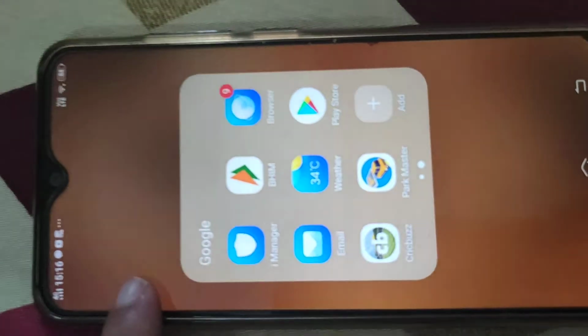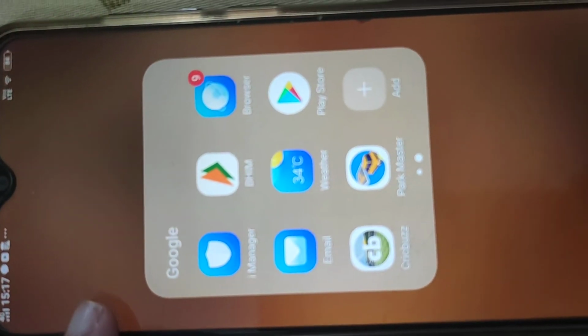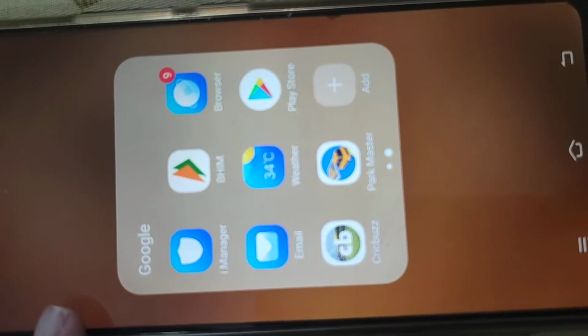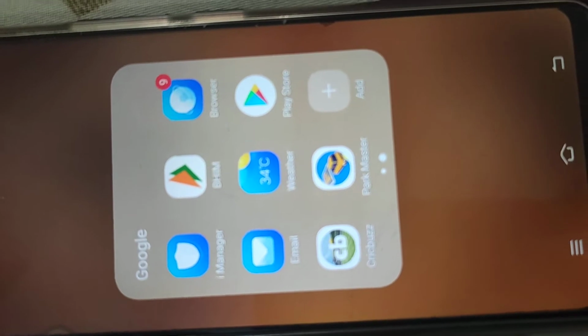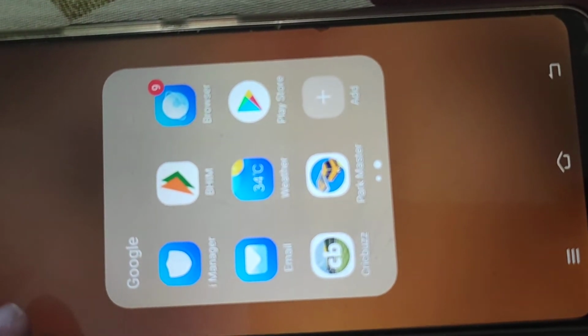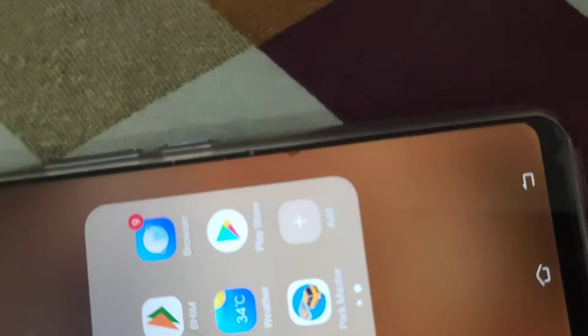First, you should take a mobile, a desktop or a laptop. Then check the OS of your mobile. If you have an Android phone, then go to the Play Store.